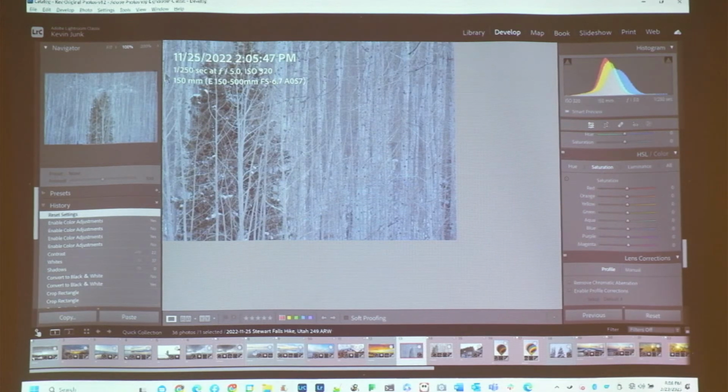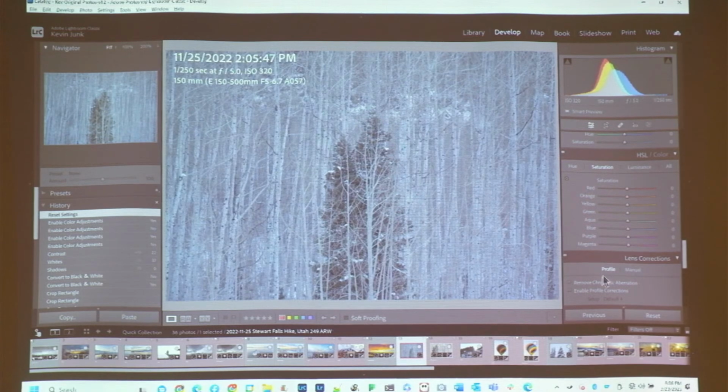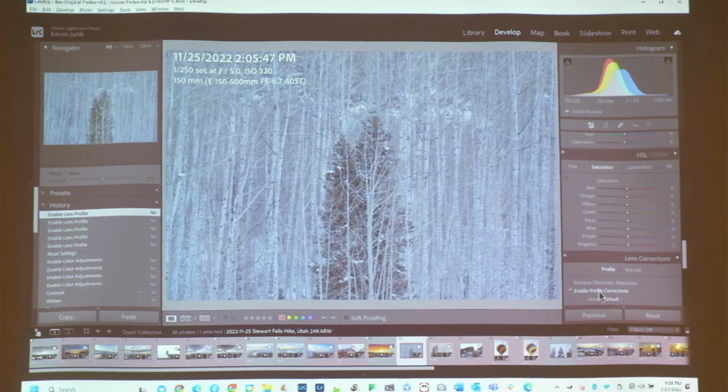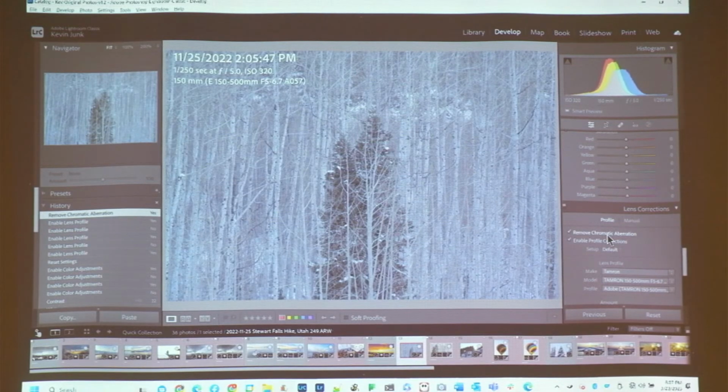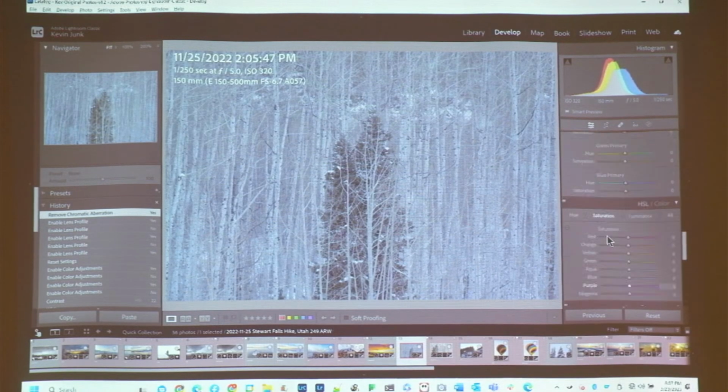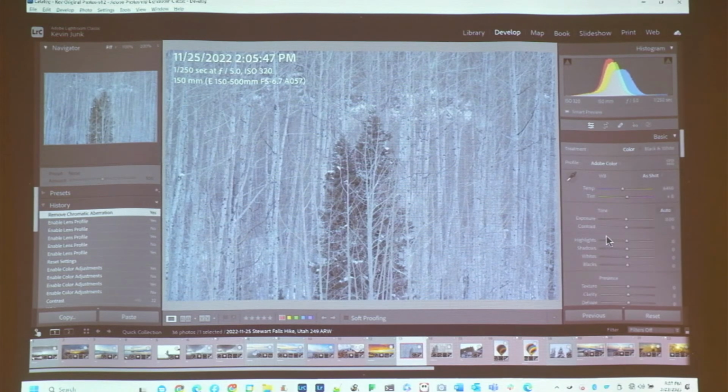Lightroom has camera settings where every camera has a lens correction. The horizon might be just a tad curved on it, and I just click that and it knows that I'm using a Tamron 150 to 500, and it's got an auto correction for that. Same thing with chromatic aberrations. I don't normally see that one as much, so I really don't know exactly what that does, but I choose it all the time. The other thing I do almost all the time for my landscapes is I will choose